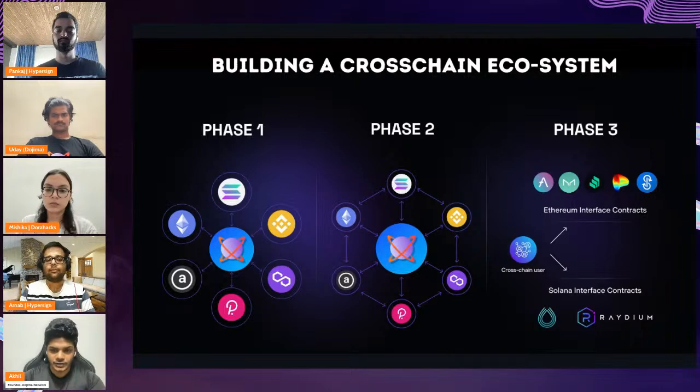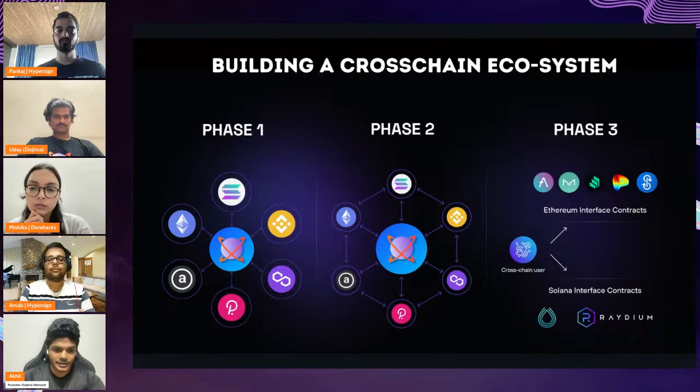Specific interface contracts are deployed on each chain, and access to protocols directly from the cross-chain environment, thus acting as a cross-chain middleware for protocols. So in this diagram, you can observe an example as shown between Ethereum and Solana. The whole ecosystem working together enables users to interact with any protocol from a single account and boosts development of